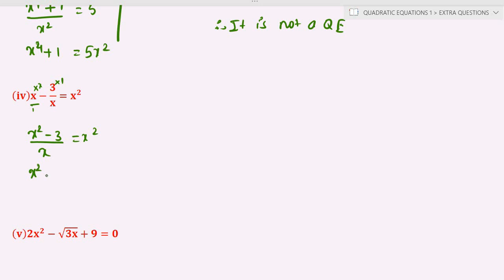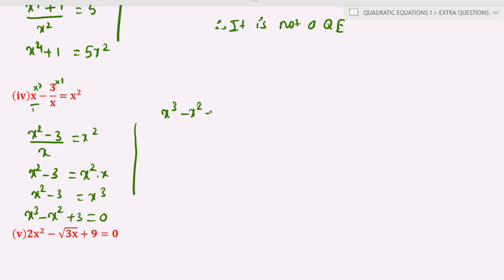x square minus 3, and you take x to the right hand side, what happens? x square into x, so x square minus 3 is equal to x cube. Everything you take to the right hand side, what happens? x cube, and x square goes to the right hand side, it becomes minus x square, minus 3 becomes plus 3 is equal to 0. And you compare this equation, that is x cube minus x square plus 3 is equal to 0, as